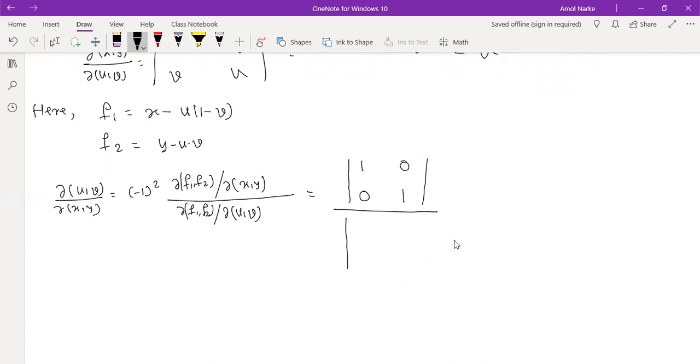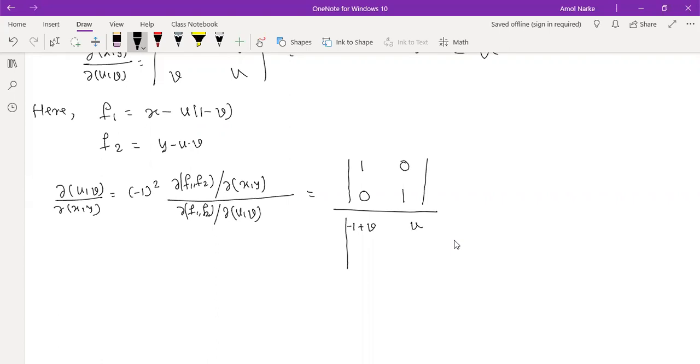F1 with respect to u. Tell me what it becomes. F1 with respect to u. Am I correct? Because this is 0 minus u minus 2, so you can give here minus 1 plus v. Okay. What is F1 with respect to v now? Tell me. U. So this minus minus becomes plus and it becomes only u. Correct.